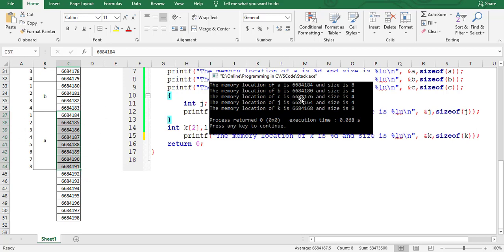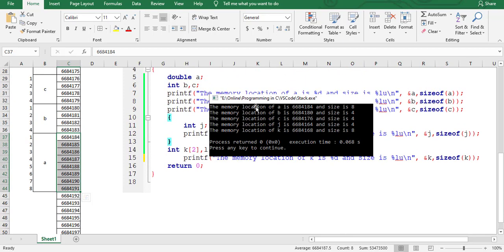Okay, second is for B, it is 80. So I have to go to 80 and size is 4. So 80, 81, 82, 83. So this will be used for B. I have already done that. So B will be occupying this much space. Okay, so you have to remember this. This is an address given in RAM. So all these 4 addresses will be used for B.